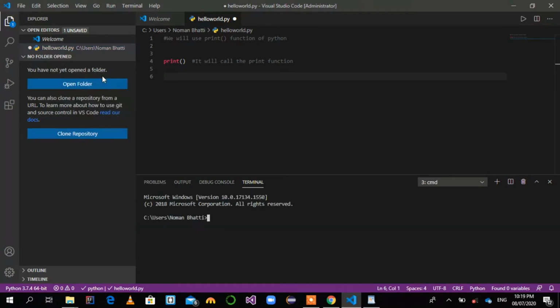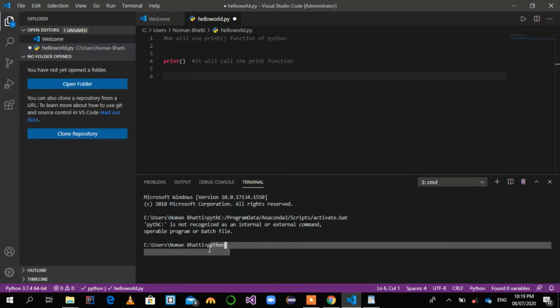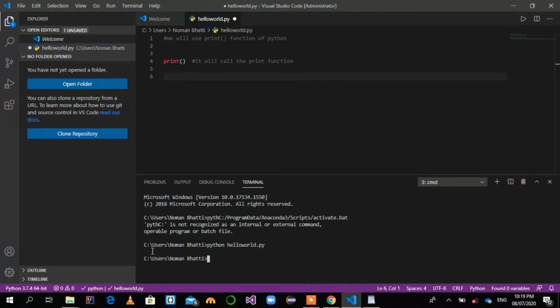Use the python command, write your file name, the full name of your file with the .py extension, and then press enter. Here we see it prints an empty line due to the end line character of every Python statement.